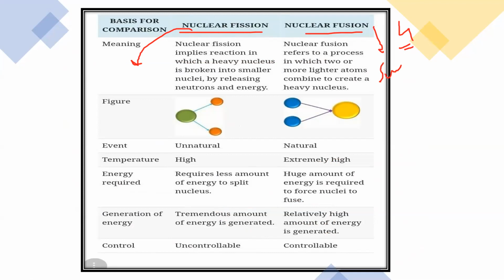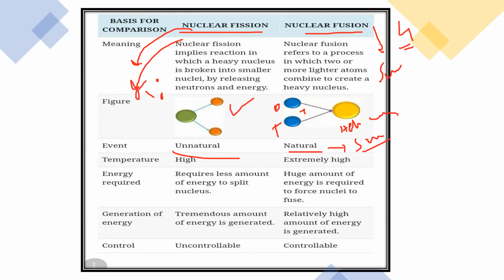What is the definition? The second point is the definitions. When one atom is split into a number of atoms, it is called a nuclear fission reaction. And when two atoms, deuterium and tritium, add to each other, they produce helium. So these are the differences between nuclear fission and nuclear fusion according to the diagram. Fission is an unnatural process, and nuclear fusion is a natural process because it is performed on the sun. As you see, on the sun there are nuclear fusion reactions, and it is a completely natural reaction.